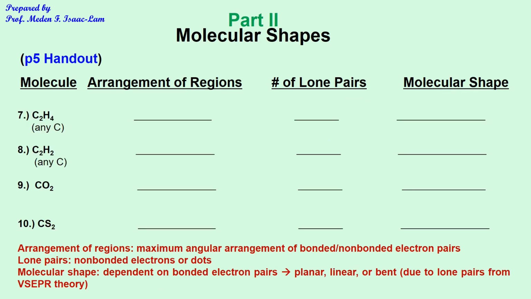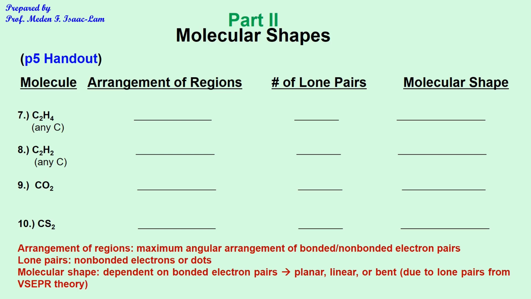So next, page 5 of the handout, again at the bottom. We're still doing molecular shapes. C2H4, the arrangement of the regions is going to be just planar. There are no lone pairs on the carbon. Molecular shape is the same because you don't have any lone pairs. Nothing is deviating from that